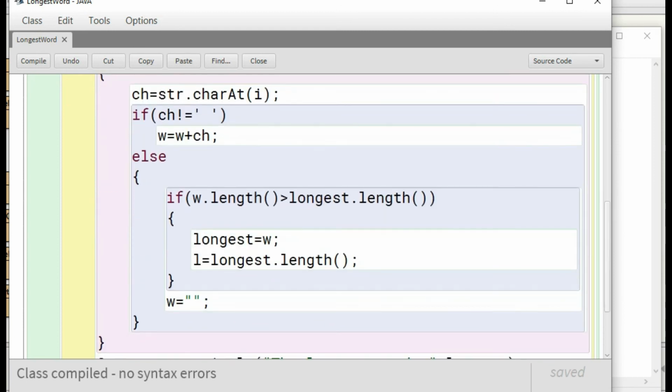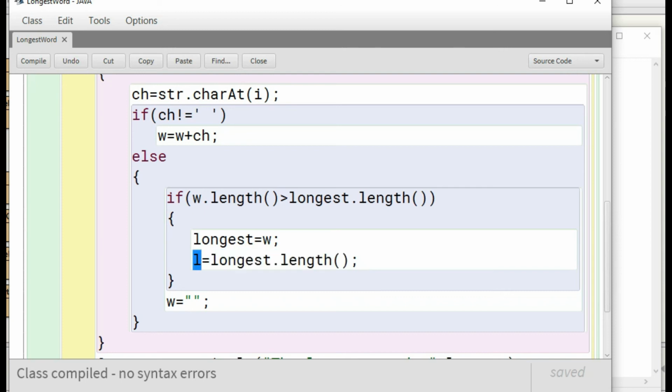So initially whatever is in the word w, its length must be greater than the length of longest, because at the very first moment the length of longest is equal to 0. So longest will be equal to w, meaning the longest word which is in w will be stored in the variable longest, and the length of the longest word will be stored in the variable n.